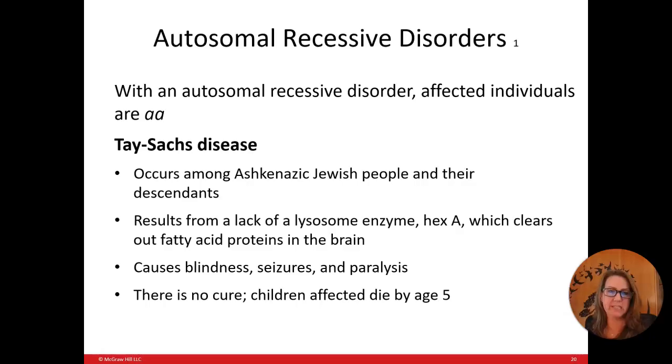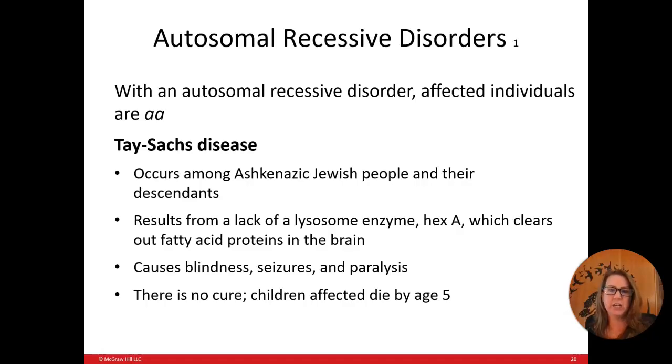Essentially, it results from a lack of a lysosome enzyme called HEX-A. HEX-A, for those of us with the normal condition, clears out fatty acid proteins in the brain. So if you don't have HEX-A, then you have the accumulation of this fatty acid in the